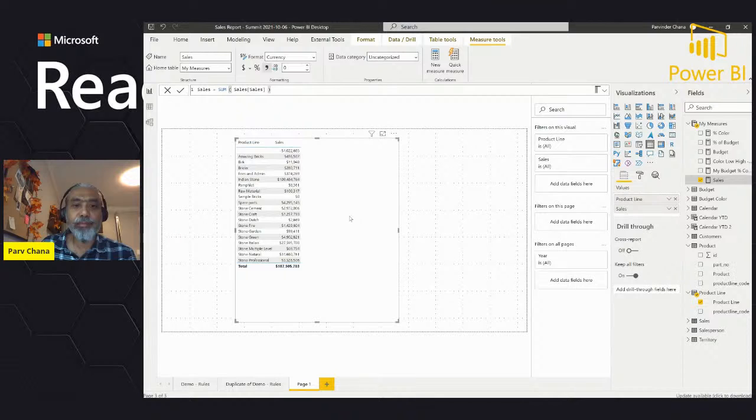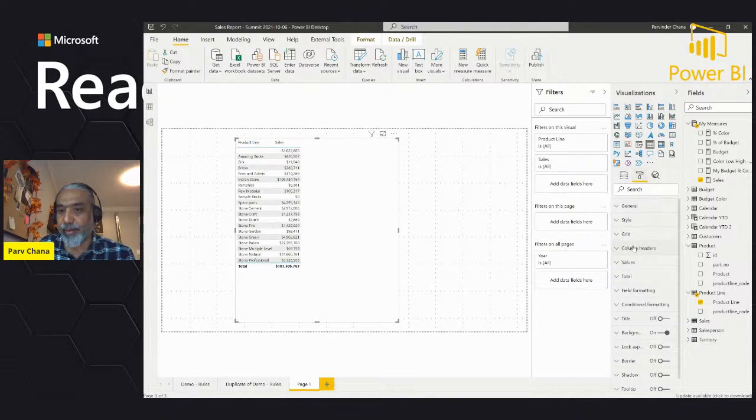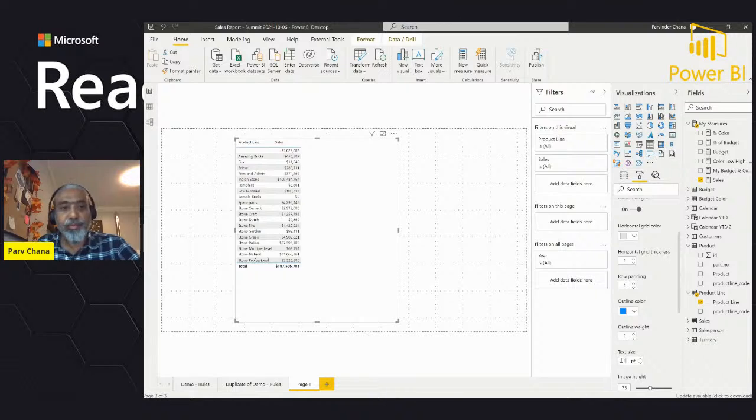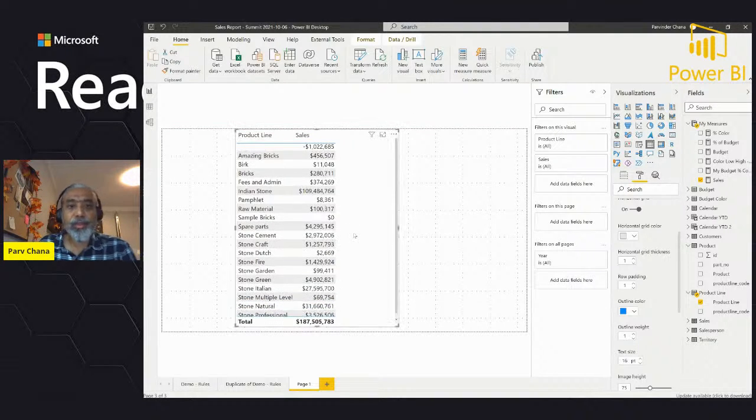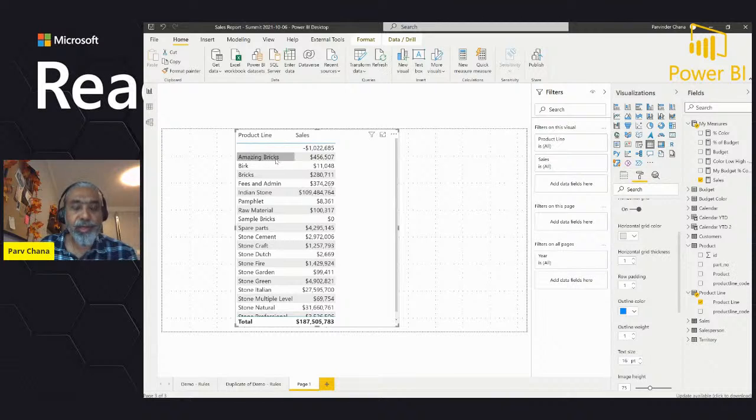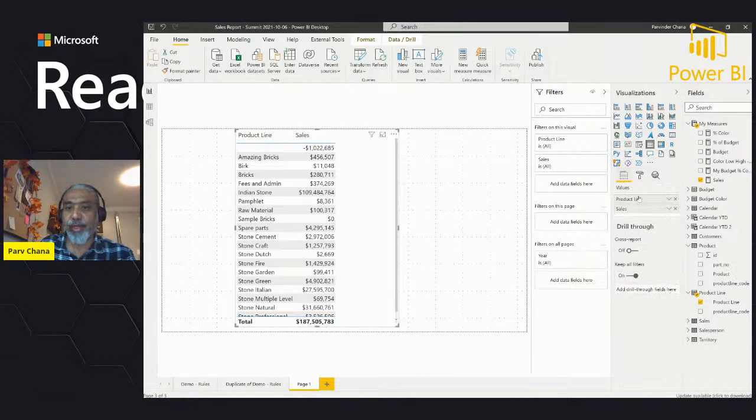Now, let me make it a little bit bigger so we can see it. 16 point, I guess this is big enough. And as I mentioned, there are three ways that we can set the color. Let's say we want to show the color of which one is the highest, which is going to be green and whatnot. So one way is conditional formatting. There are a few ways to do that.